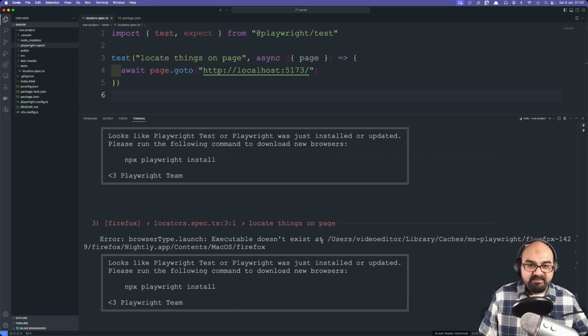As you can see, because I deleted my caches, I have accidentally deleted the ms-playwright folder, which also contained the